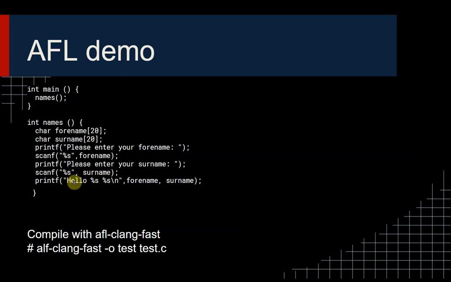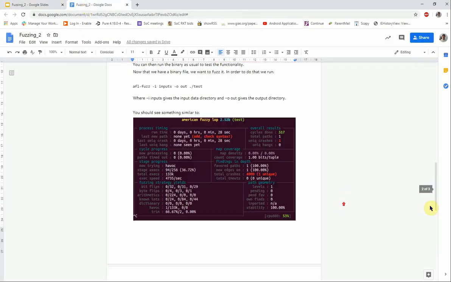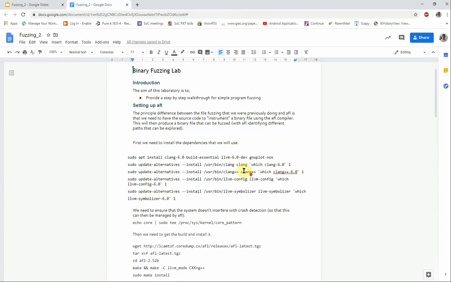So we have a fairly standard stack-based buffer overflow here. We're going to compile using AFL Clang. So we're using Clang as a part of the compilation process, and we're using the fast version of this, which is optimized for possibly slow programs. Now, if we have a look at the practical, so what I'm asking you to do in this fuzzing lab,